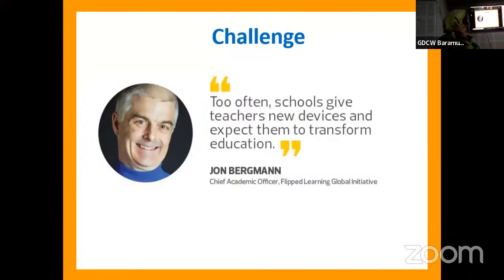This is something that I would like to add as a last note. Often students take new devices and expect them to transform education. In the context of what I'm saying here, whereas we have been asked to upgrade ourselves in different technologies, we need to be backed up by training. We need to be professionally trained for these things if we are expected to transform them. Merely providing digital infrastructure, and not providing proper training for the teachers, puts us in trouble. So I would encourage the head administration to organize professional training for the teachers,